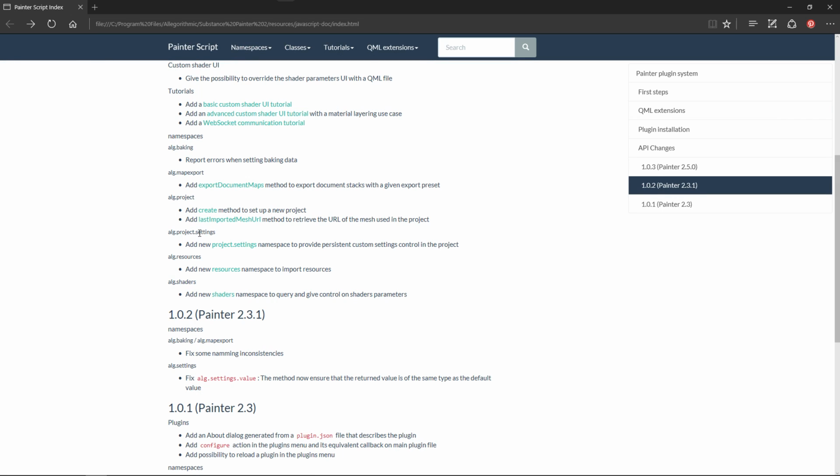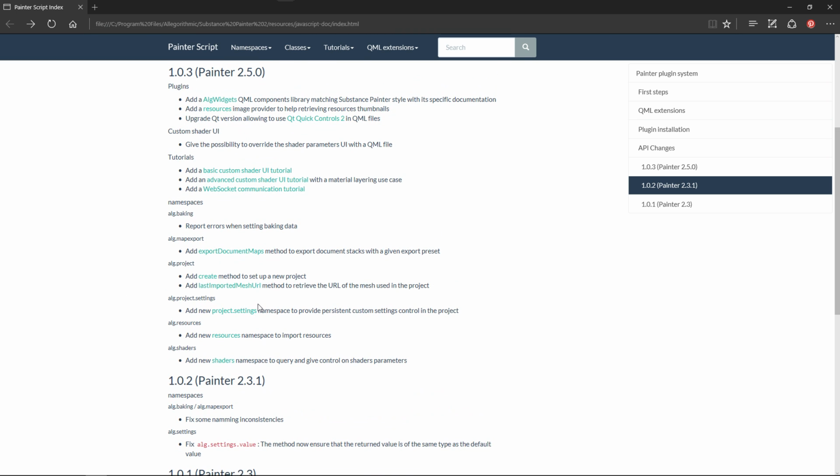Let's see what else. I won't run through every one because it'll be kind of boring for the stream, but this one's really cool too. Create a method to set up a new project. So we can set up a new project. Method to retrieve the URL for the last imported mesh. Let's see, get project settings, add new resources, and so on. So some really good stuff in here. Like I said, we're constantly growing the API,